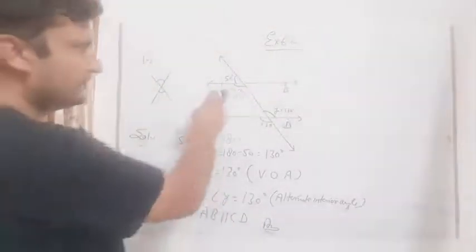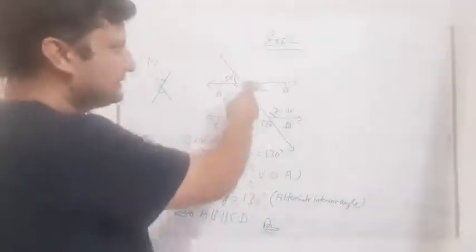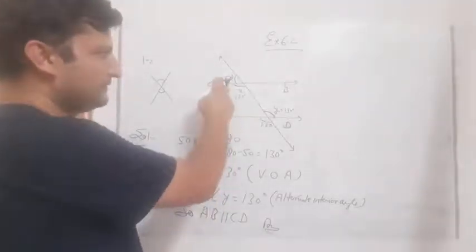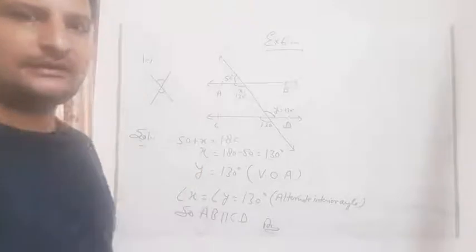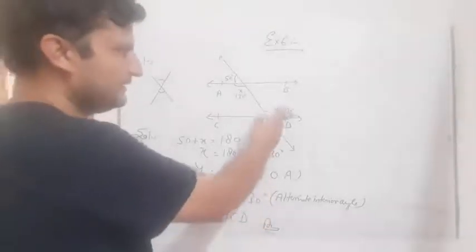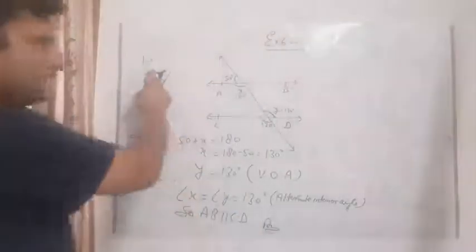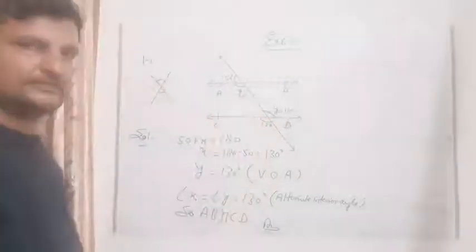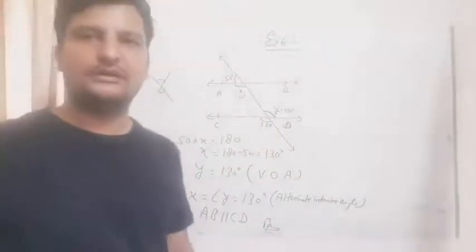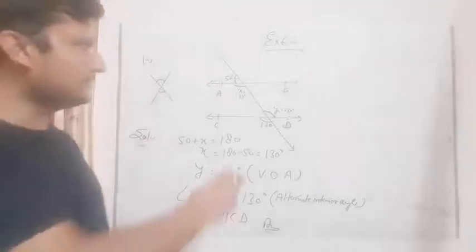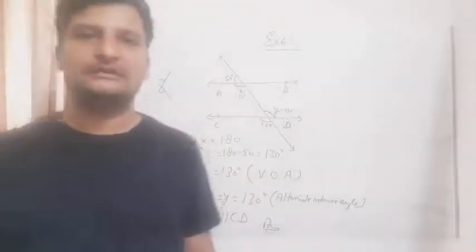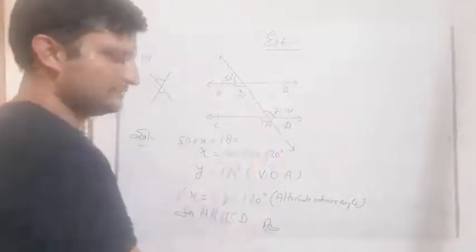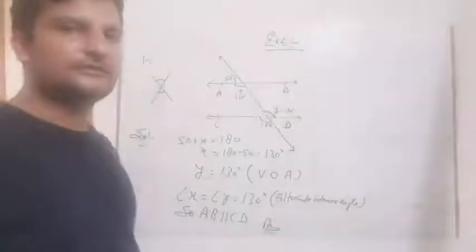First we have to find the value of x. How can we find the value of x? This is a straight line. We know that the sum of the angles in a straight line is 180 degrees. So 50 plus x is equal to 180, so x is equal to 130 degree. Similarly here, these two angles are vertically opposite angles, so y is equal to 130 degree. These two angles are equal to each other. When two alternate interior angles between any two lines are equal, they are called parallel lines. So AB is parallel to CD. This is hence proved. So we have done question number 1.